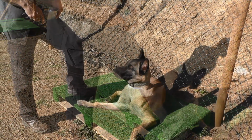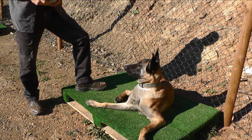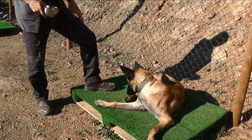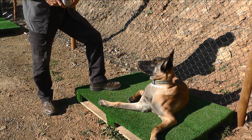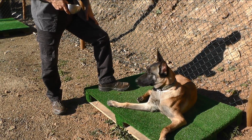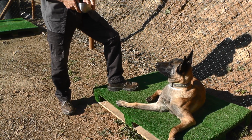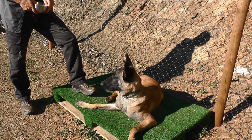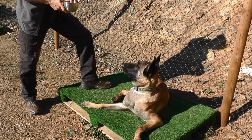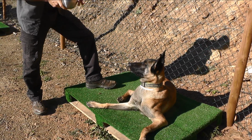Now your dog won't do it this quickly, so don't be worried if it takes them a little longer. Most of the time they'll dig at the shoe, or they'll scratch at your feet, they'll snuffle trying to get underneath there, but you're just going to take your time. When you get this kind of response, you're going to take your foot off of the treat and still mark and reward. If at any point your dog goes for it, good girl,